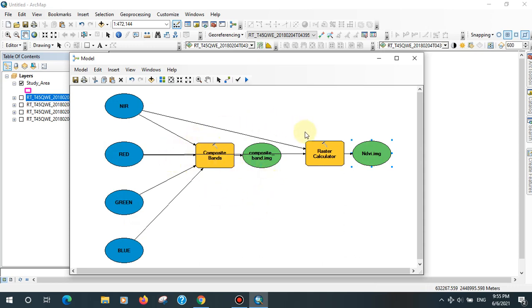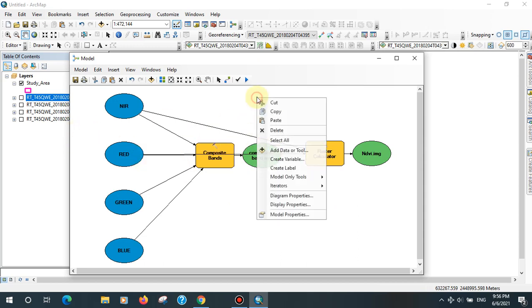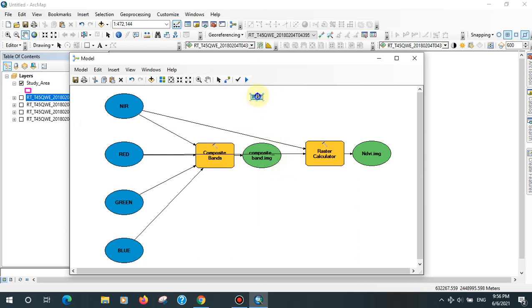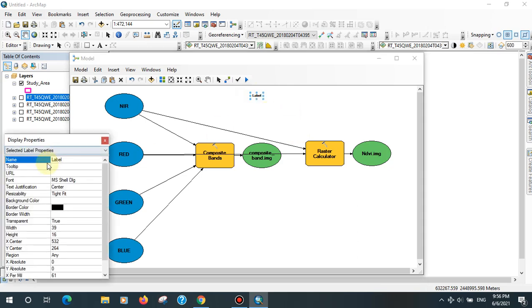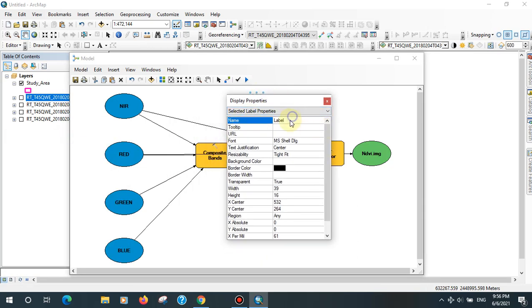Okay, so now we can add a label. Create label, okay. At first create the label, select it, display properties. Now change the name to layer stacking.